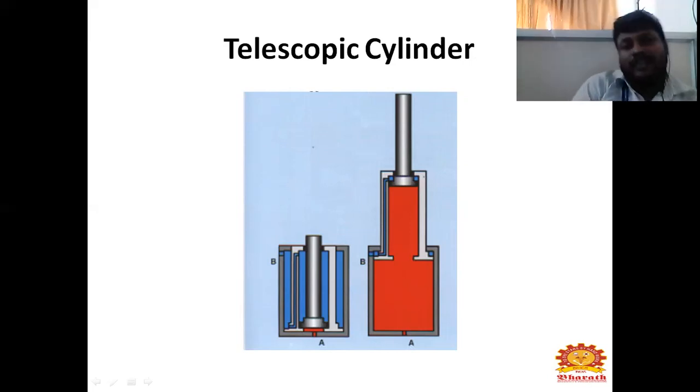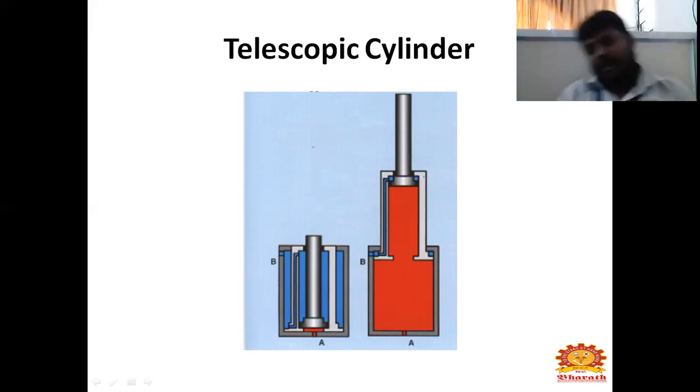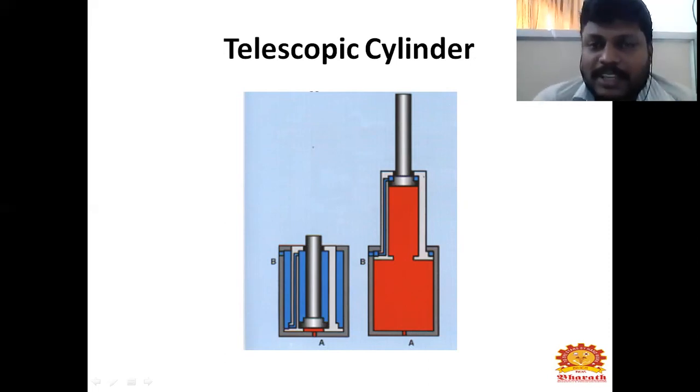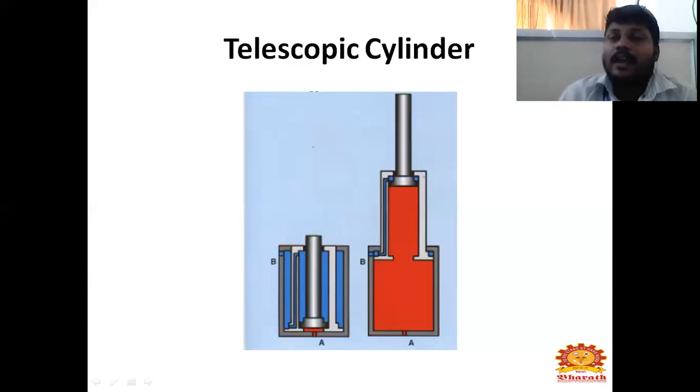And where you can see the double acting cylinder is in your daily lorry transports, or in tipper lorries, for loading and unloading. We will be using a cylinder at the back of the lorry. It will push and you will be unloading your construction materials like sand, bricks and all. This type of cylinder is used in this. And the main thing, hydraulics is smooth and it is used for heavy equipment. With the hydraulic system you can be more flexible.